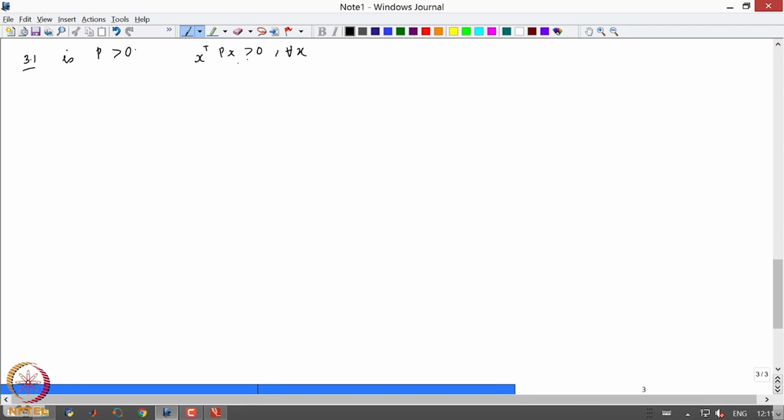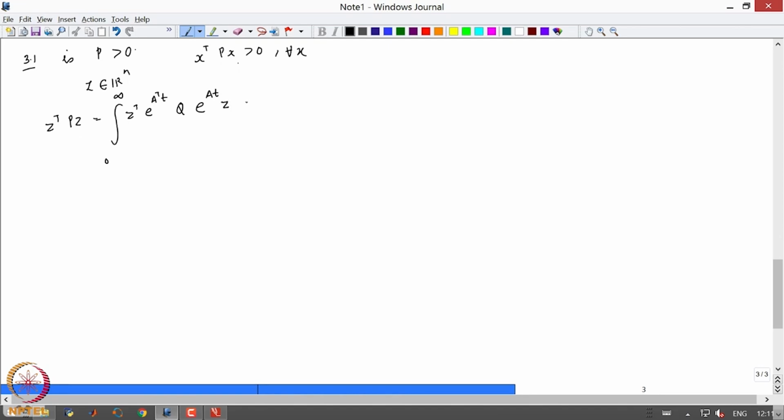Just take an arbitrary vector z in R^n, okay, and then compute this quantity z transpose P z, that is the integral from 0 to infinity of z transpose e power A transpose t, which is again the definition of P, e power A t